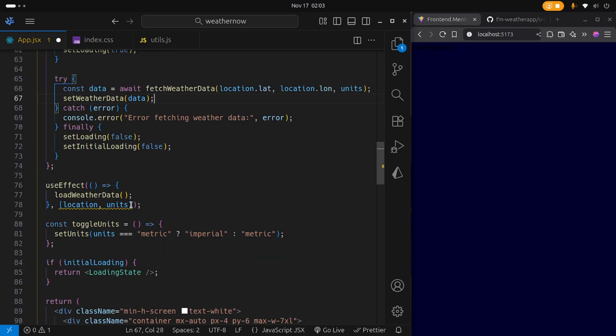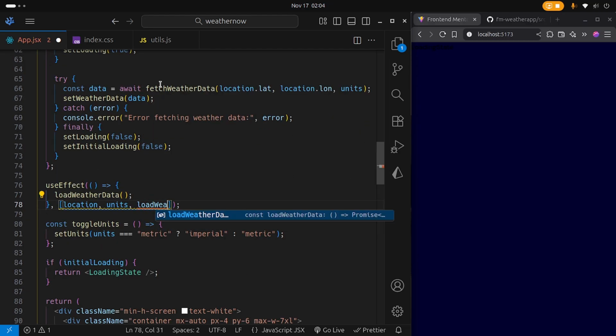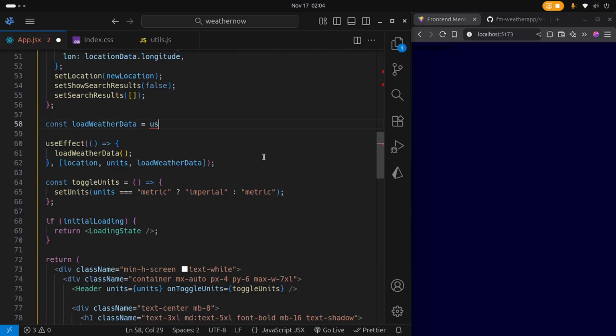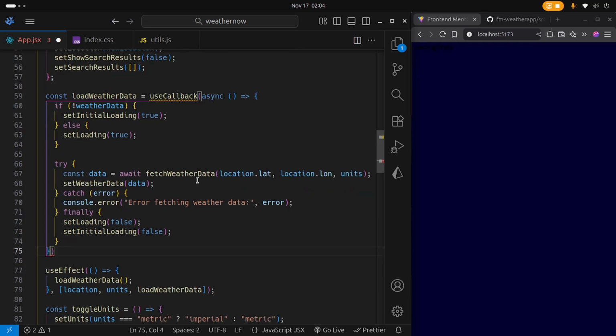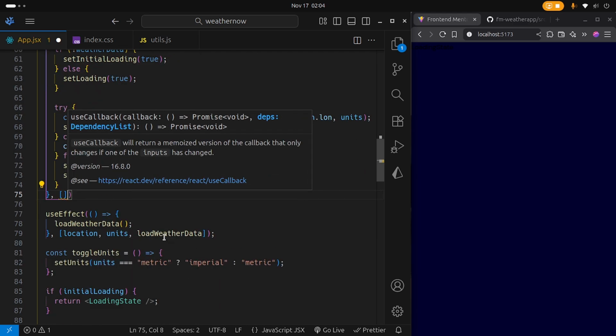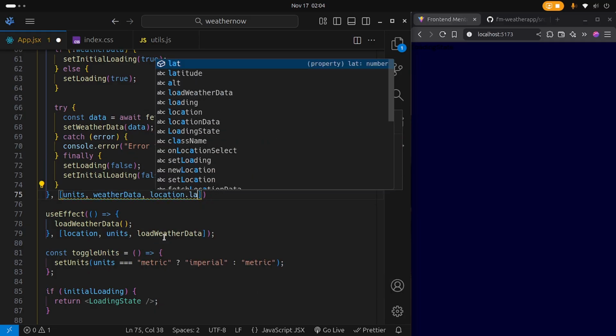Now, why do we have this error? It's because of a missing dependency. But if I add load weather data here, it is going to ask me to place this inside a callback. Do I want to do that? So let me just add load weather data, because now it's going to ask to put it inside the callback. So cut it out and then use callback, and then paste that in, and then add a dependency array here. So it needs the location, latitude, longitude, units, and weather data. So location, use that, units and weather data so that I don't forget them,